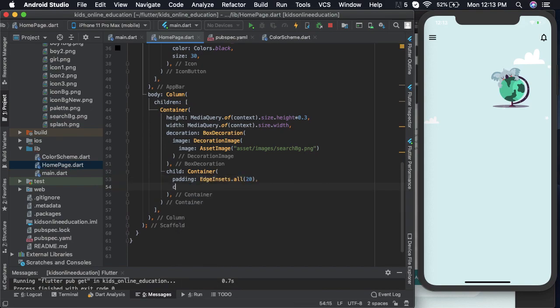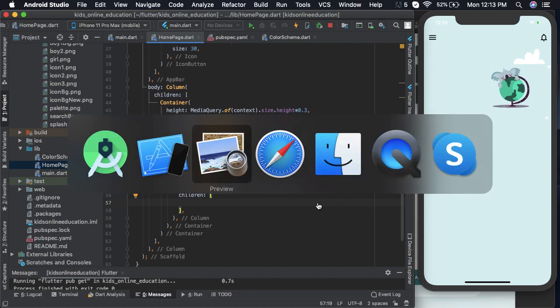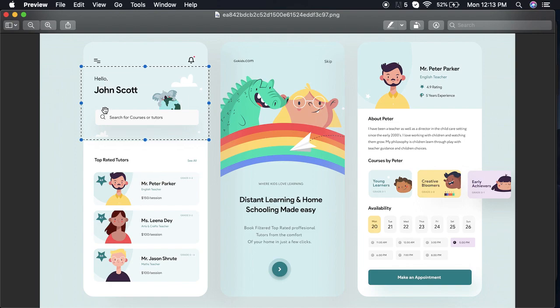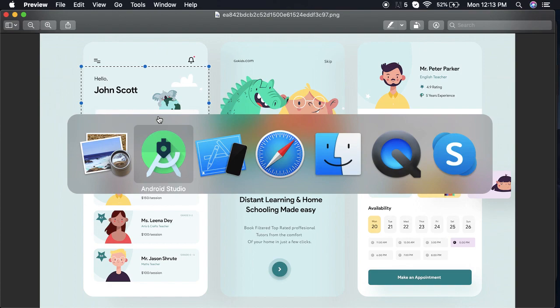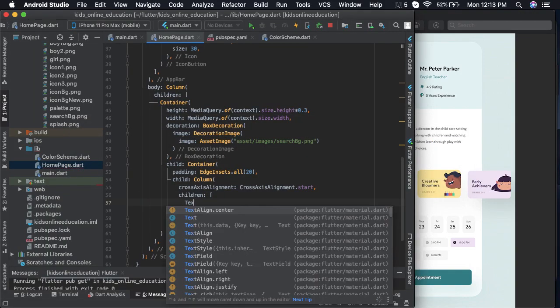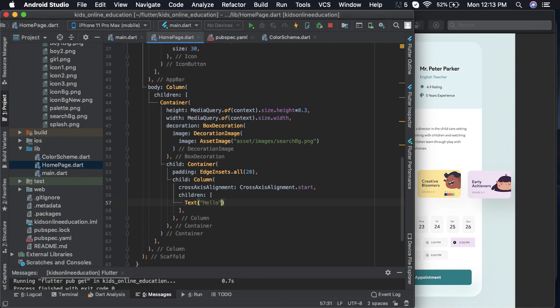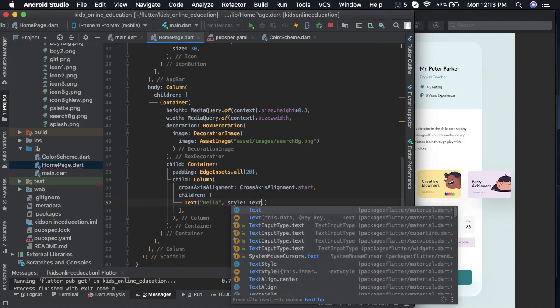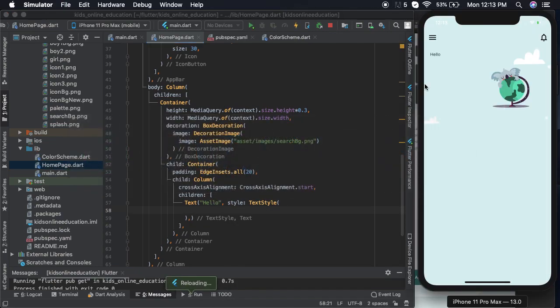and give it a padding of 20 on all sides, and child column. Now this container will hold both the name and the search bar. So let's say the first content here should be hello. Let's style that. You can see this hello here,